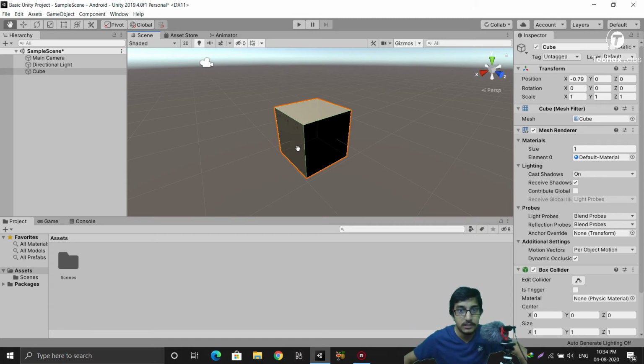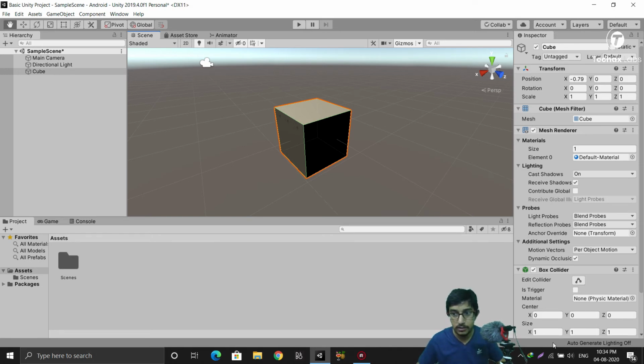And another thing which I told, it was that I am getting this dull and dark cube, and it's not actually the actual colors it was supposed to be. To see the actual colors of the cube and the scene, you have to select auto generate lighting. And when I was reviewing my own stream, I noticed that my webcam was placed in this corner, and that's why you were not able to see this auto generate lighting option. So I have shifted my webcam a little bit left, so that you can see all the options.